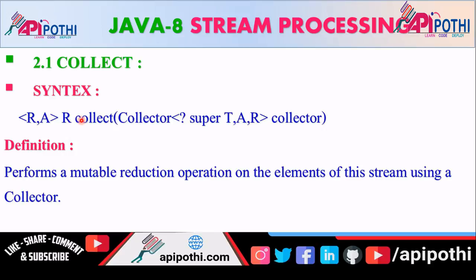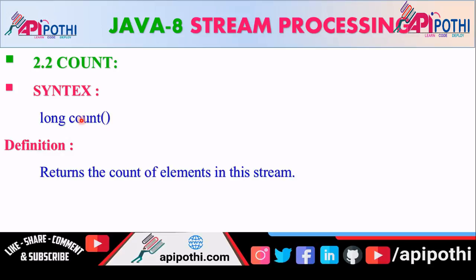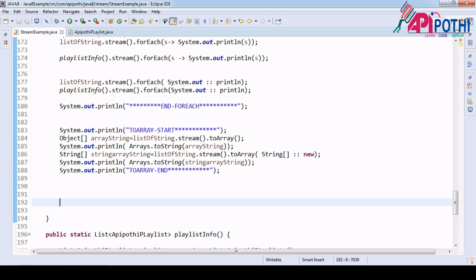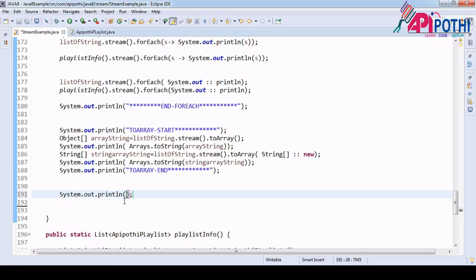This is where exactly you want to put your data. Now count means how many data are there, that's all, is the count. So how you are going to use this count is: count start.